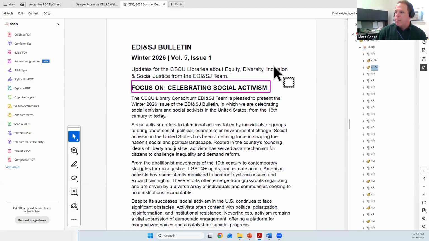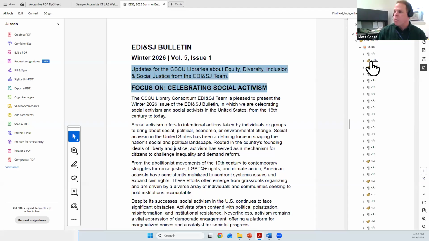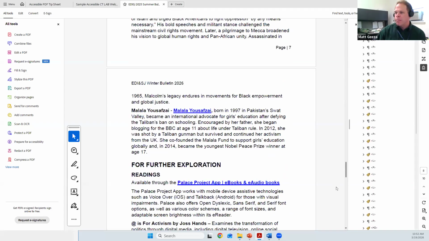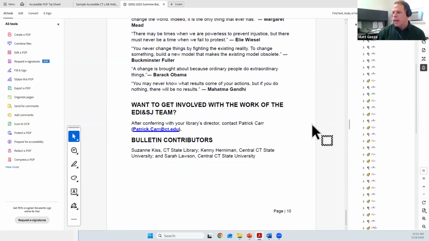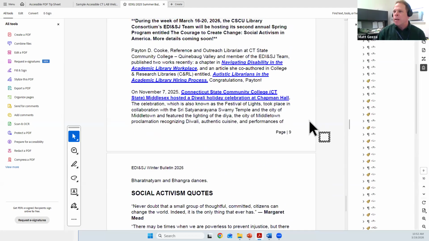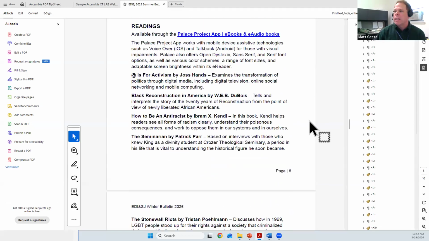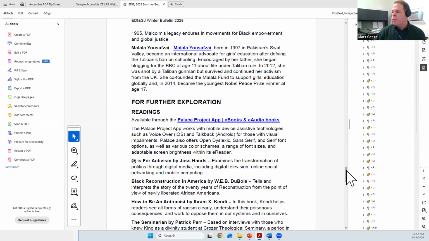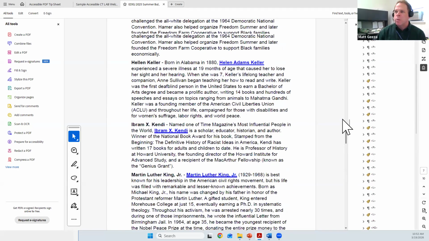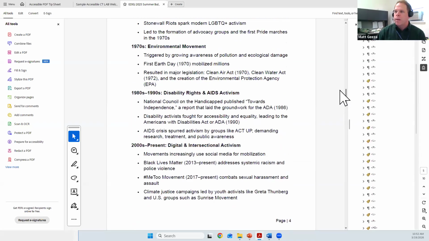We probably want to make this one an H2 or maybe just a P tag. And there's a few different ways that we can change the tags. But the other thing we can do is rearrange anything, and we'll come back to that. I'm sorry, I'm jumping around, but I'm going to come back, because Suzanne has on this document a bulleted list that stretches over 2 pages. And sometimes bulleted lists that stretch over 2 pages